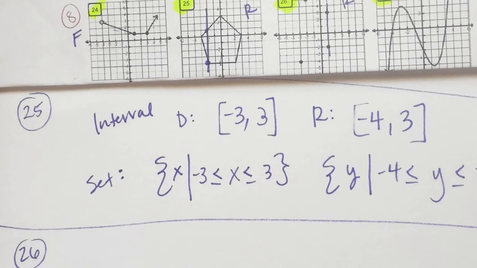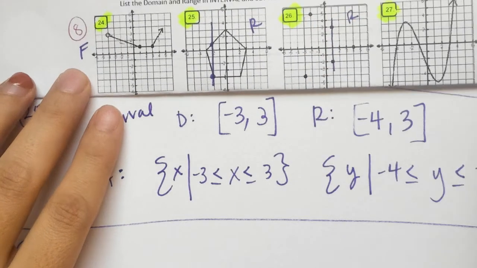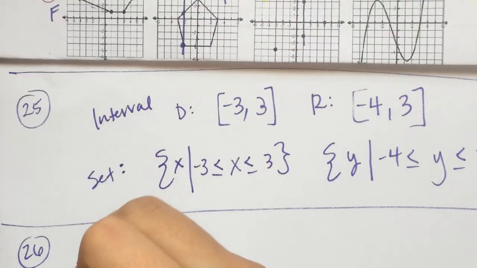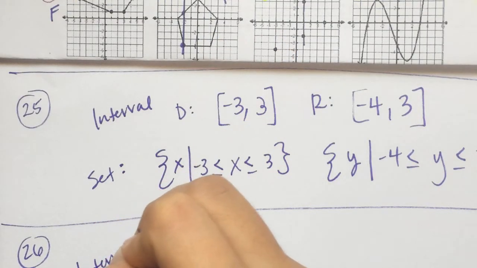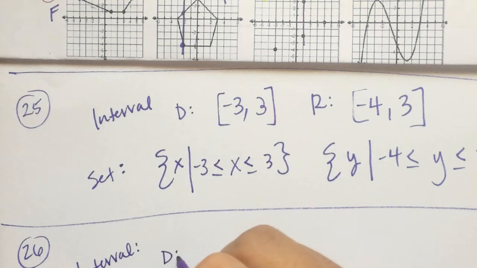So this one is discrete because anytime you have dots, it's discrete, right? I have to pick up my pencil to graph the dots. So for your interval notation, and then I have set notation. All right, so for interval notation, you are just going to label the points. So my points are, for your domain,